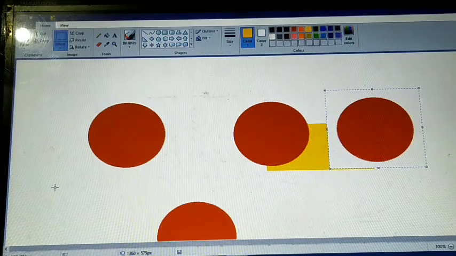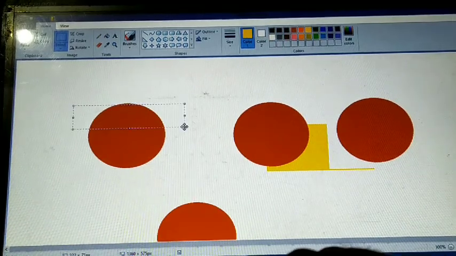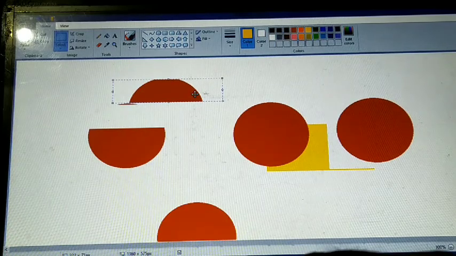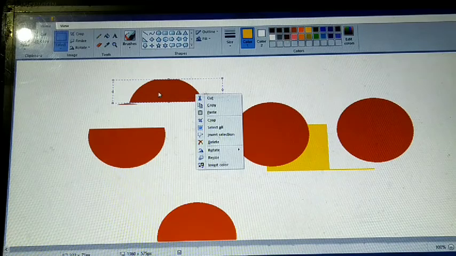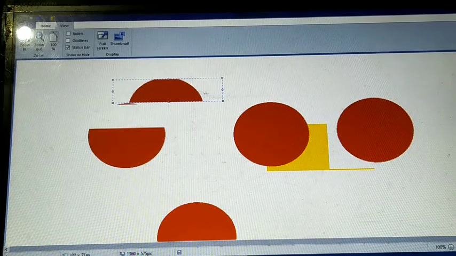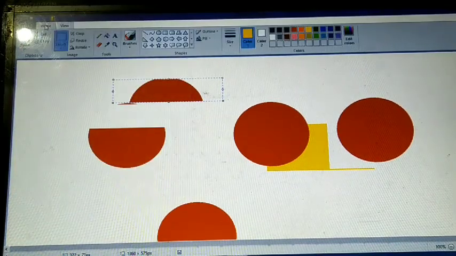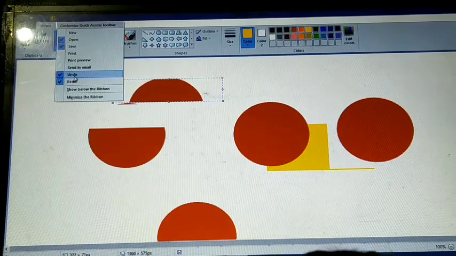So we can use two more ways. Suppose I have made a mistake, I have selected this part only, so this part will be removed. The other way is that we can right click, or go to the option, or we can directly press Ctrl Z. Ctrl Z we can press, or the undo option is also there.